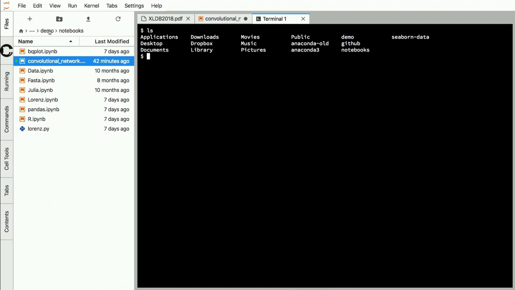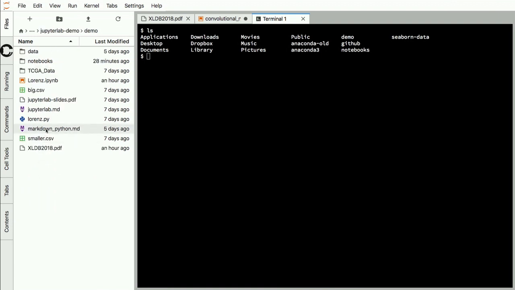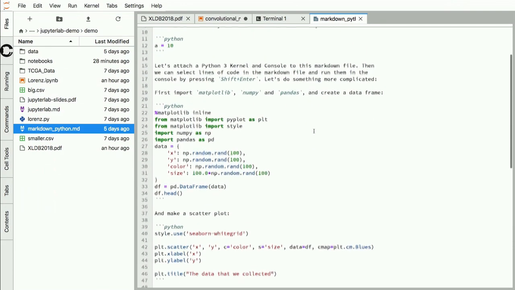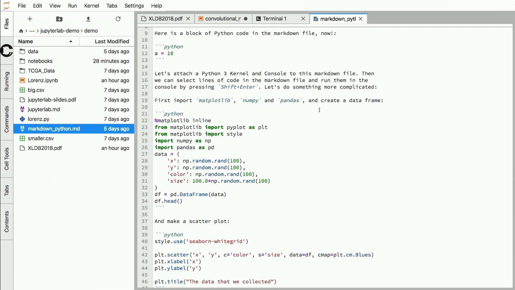We also have a text editor. It is not a particularly powerful text editor, but compared to SSHing into a remote system, it is transformative, right, to have an actual text editor. And then one of the big ideas that we're pushing with JupyterLab is integration between these